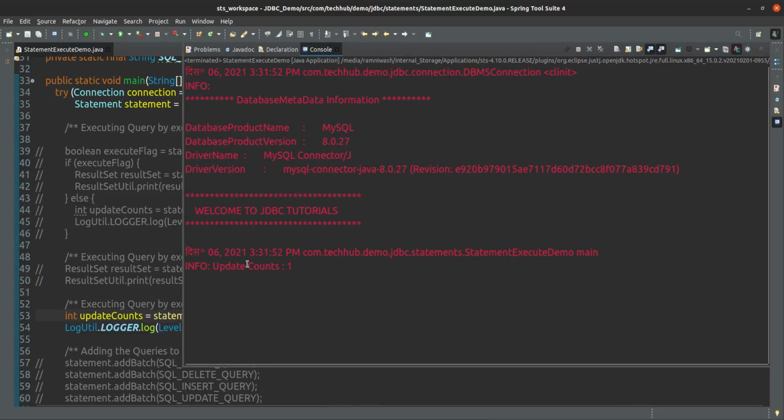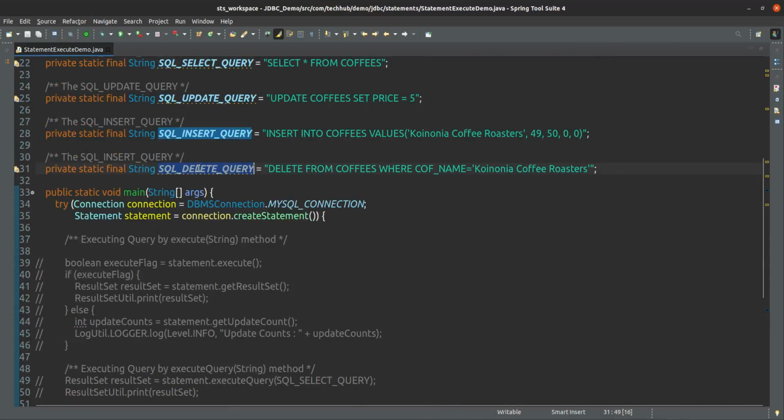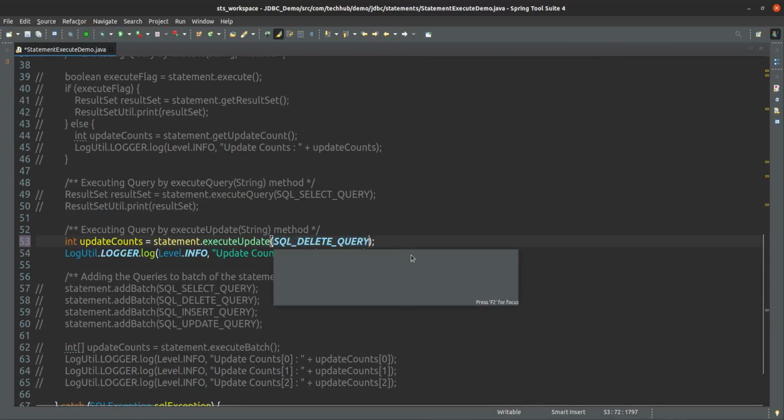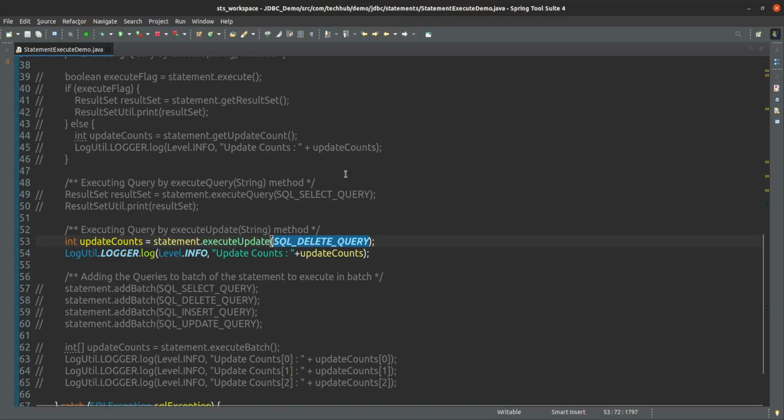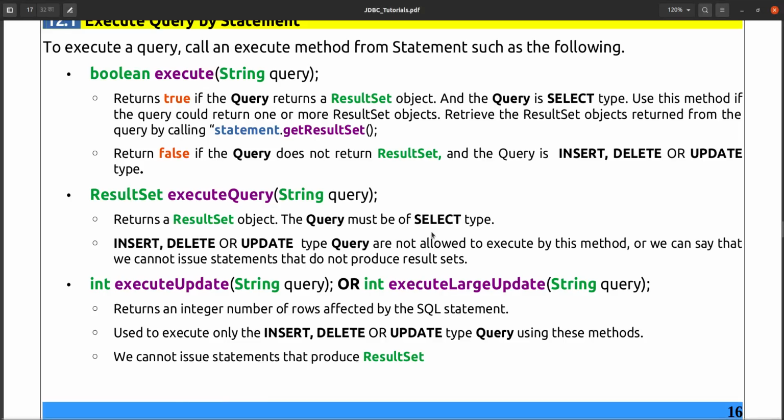Now one record is updated, and you can delete that record also, no issue, using this. If you want to delete, then one record will be deleted, the same record. Yes, so this is the use of execute update. So from here you can see a very clear picture. The execute method you can use to execute any type of statement, whether it is a select type, insert type, delete or update type, based on the operations. And we can say that these methods are given on the basis of operations.